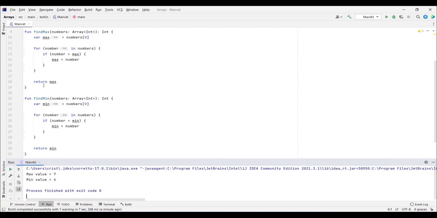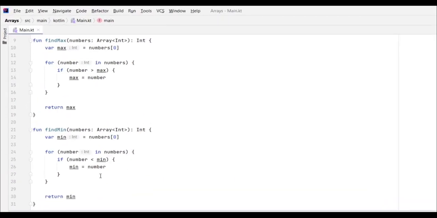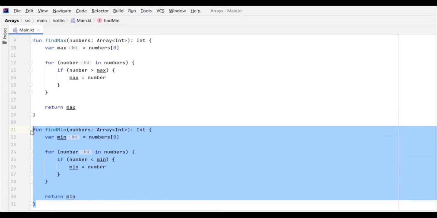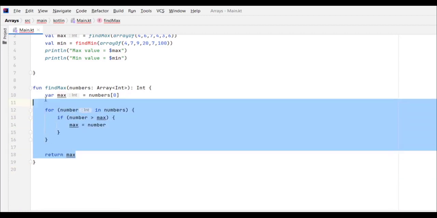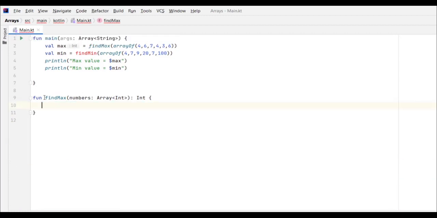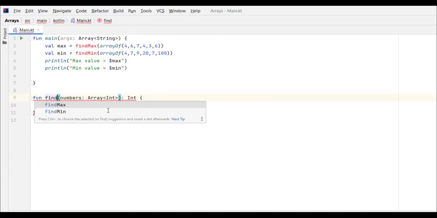So I need to find a way to combine those two. And to do that, I'm gonna delete our second function. I'm gonna delete the code inside this function, and I'm gonna change the name of this function to